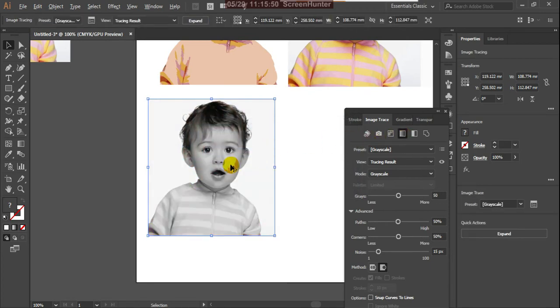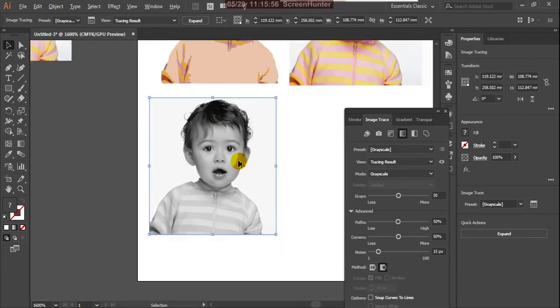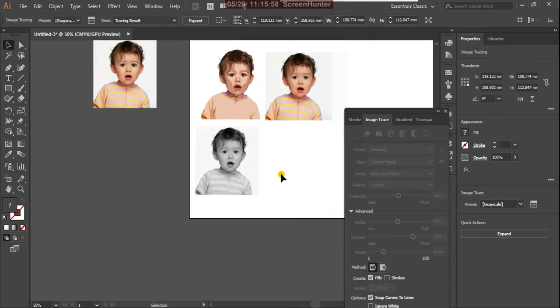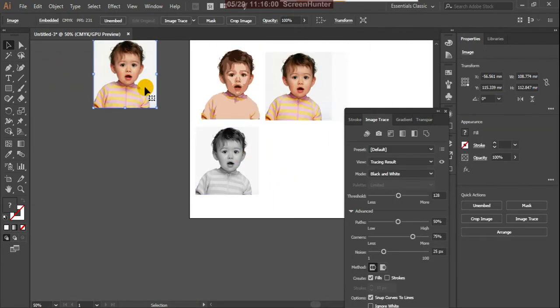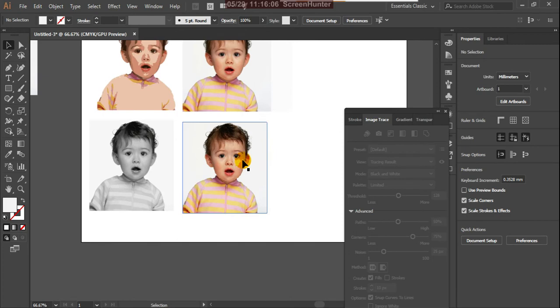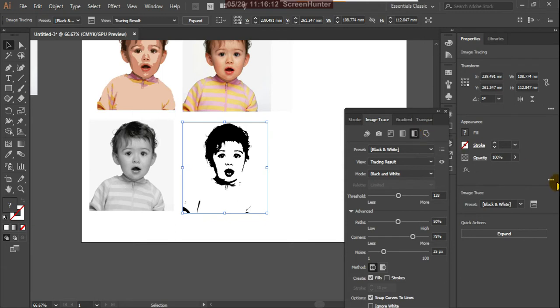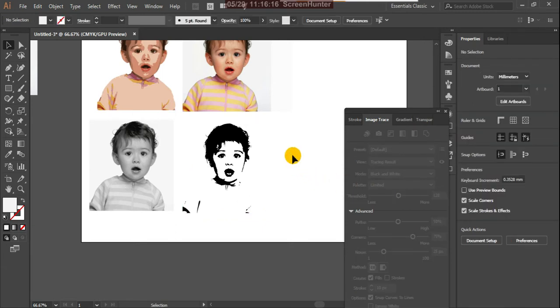Yes, your image converts into grayscale, but see, this is vector, in black and white, grayscale, vector. So you keep it there and you select and take the copy of that. Yes, next you select that and apply the other one, the black and white. See, this is converted into black and white.